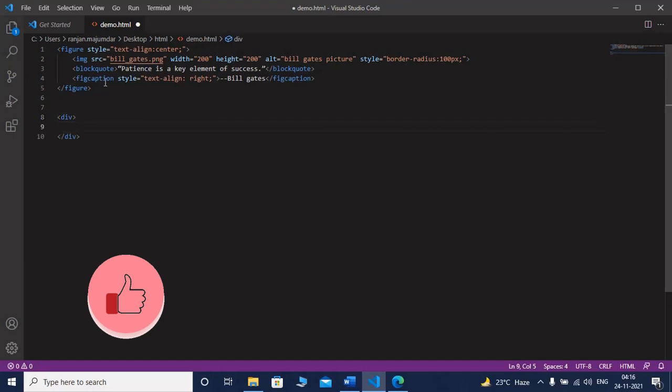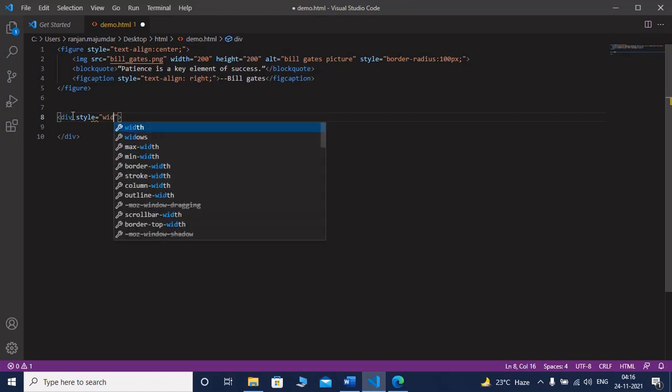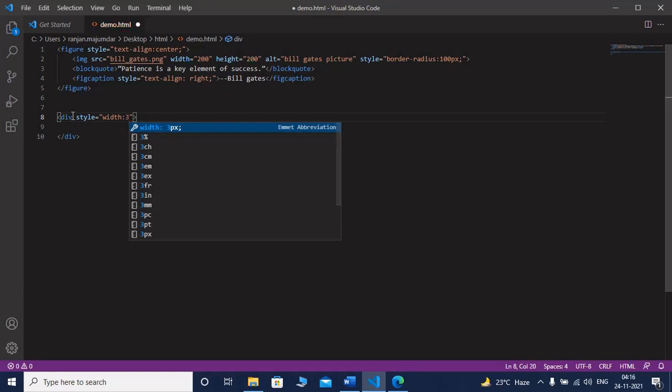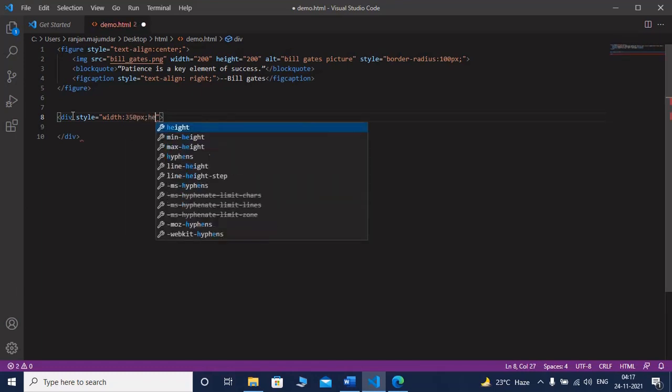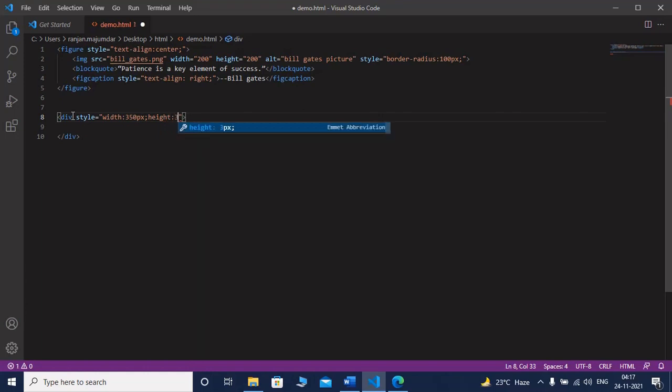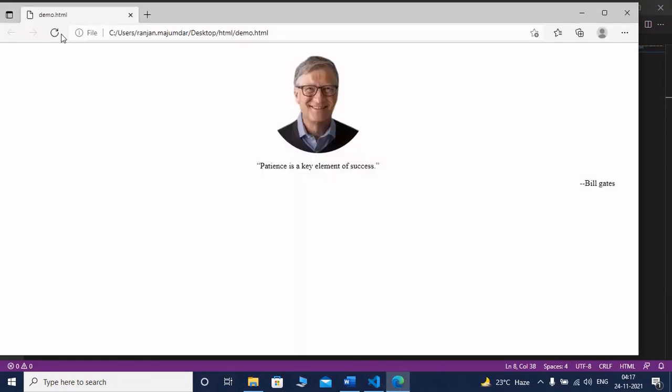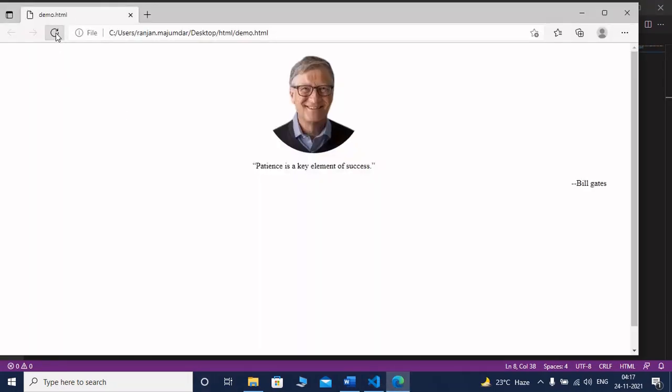So here I am using a div, and here I am using the global attribute style width colon 350 px, height colon 350 px. By default its color is the color of document, so nothing is visible now.